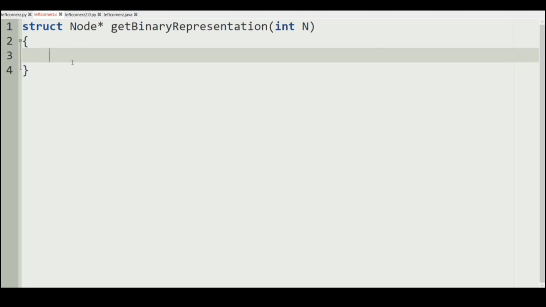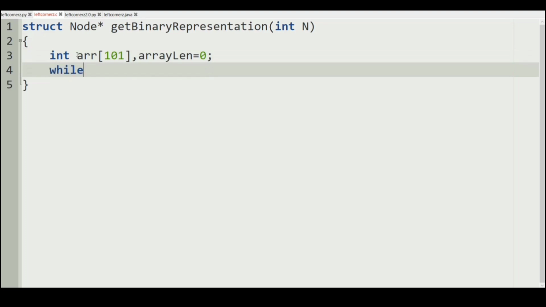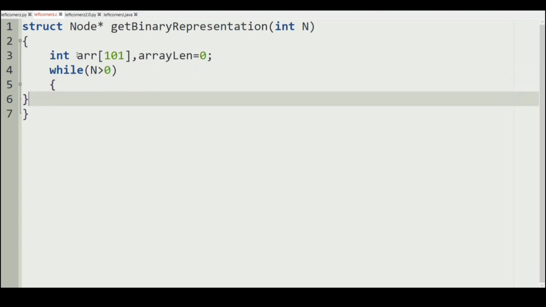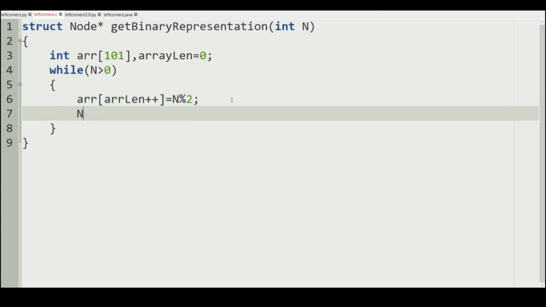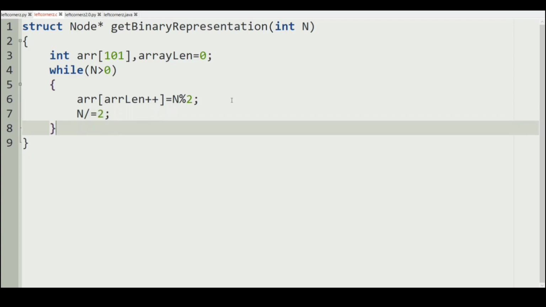Now let's see how to solve this program. Here we have the function getBinaryRepresentation, which accepts integer n as parameter. Here we have our array of size 101 and array length equal to 0 initially, and then we'll have a while loop where the condition is n greater than 0, and inside this while loop we'll have the array of arrayLen++ equal to n mod 2, and after that we'll have n divided by 2,